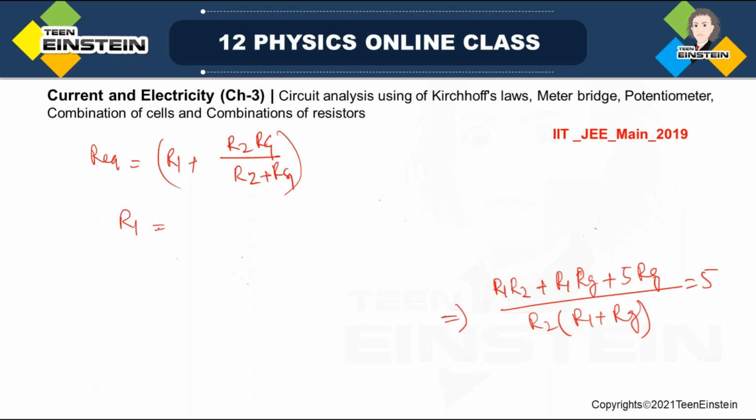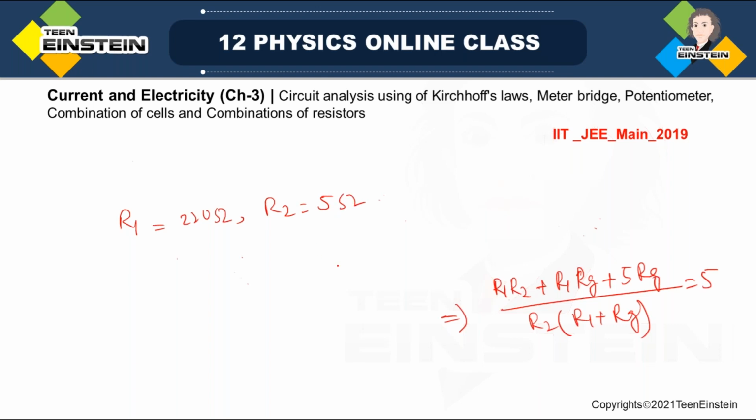Now I have to find out Rg. If I put this and solve for Rg, what we get from here is, Rg is equal to,